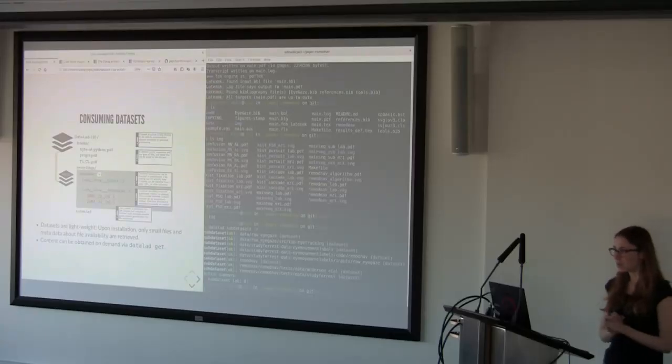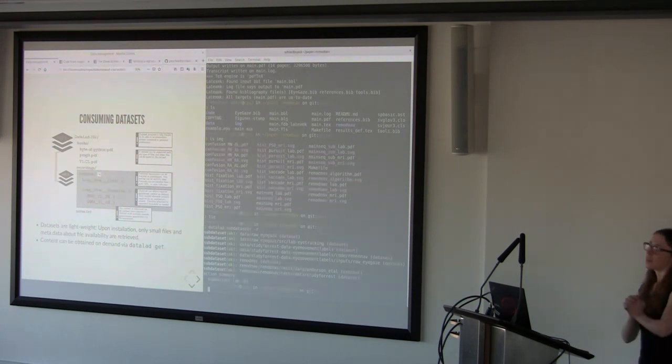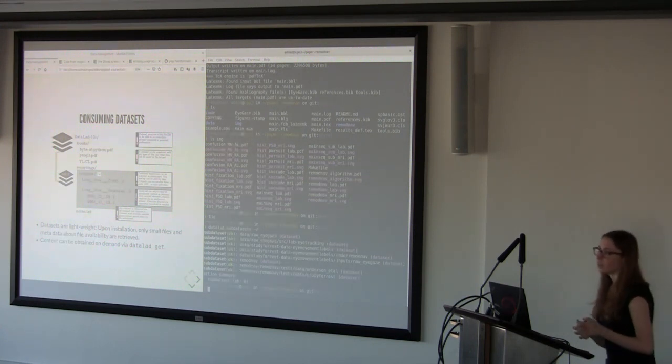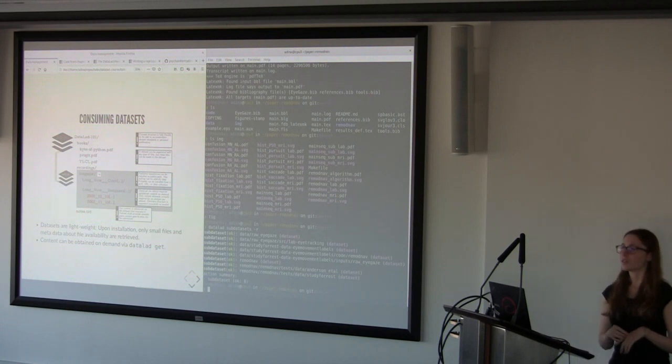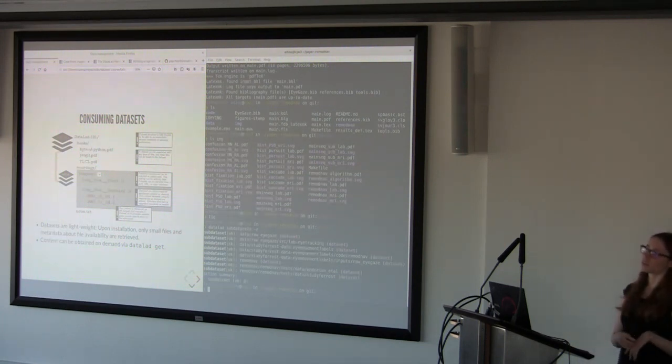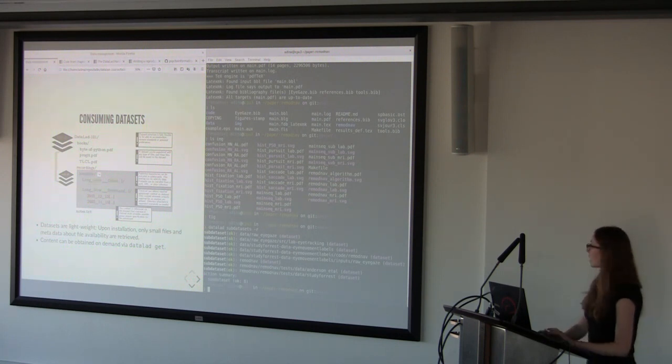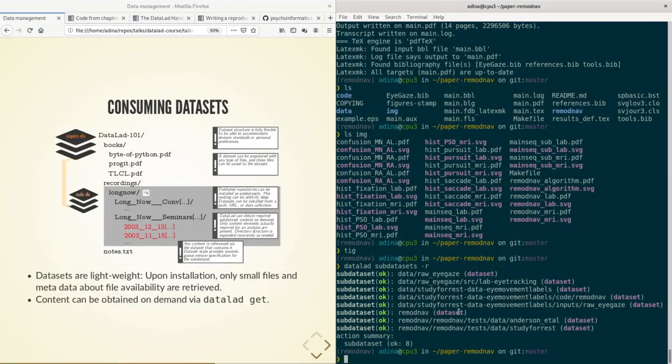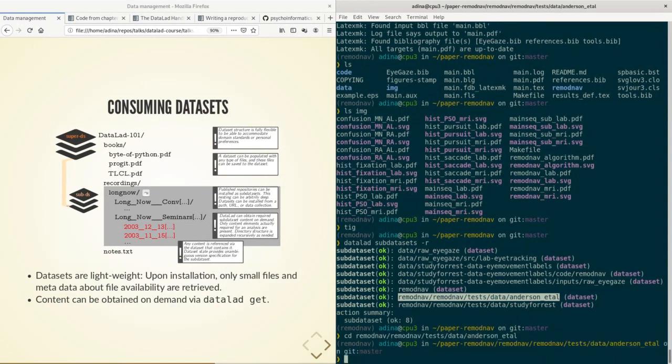When I was writing this paper, I had all of the results computed, and then I was writing the discussion, and I found a paper that reported that in one of the datasets I was using, there was a labeling error in the input data that I used. And I can show you this, because it is a subdataset here. So if I go into this subdataset, this is